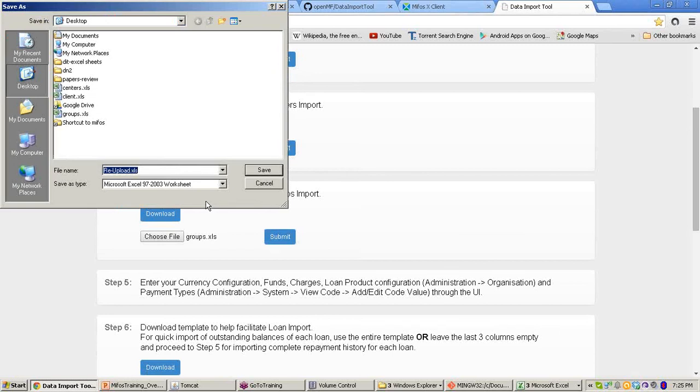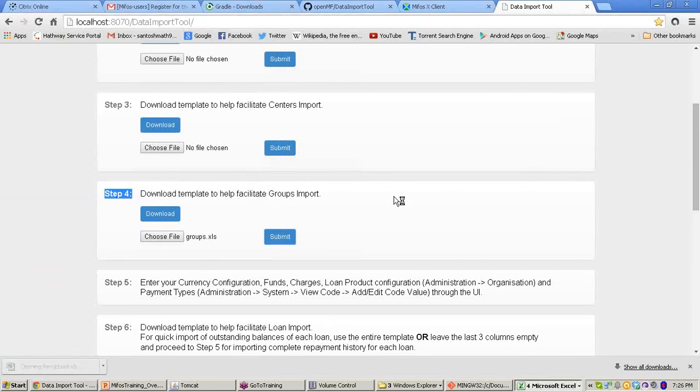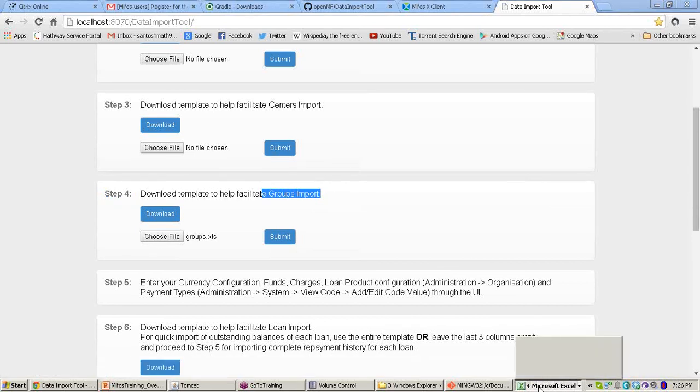Actually here it is throwing an error. I told you, if the file is uploaded successfully, it will show import complete, just like in clients and centers. But here it is throwing some error. Let's check what the error is. Let's save the file and open that file. While creating this group it is throwing the error, but the group is created and the members are also added. Might be there is a small bug.